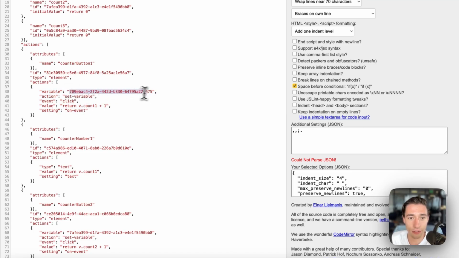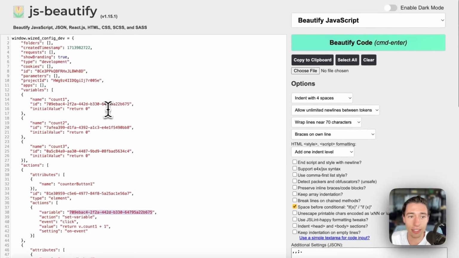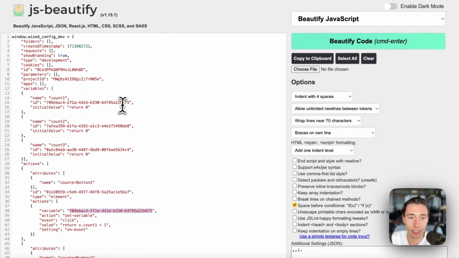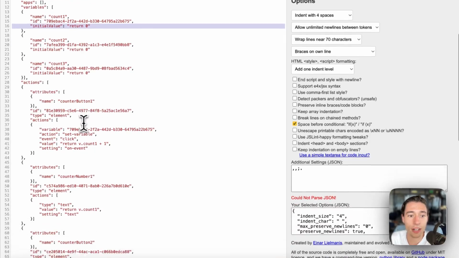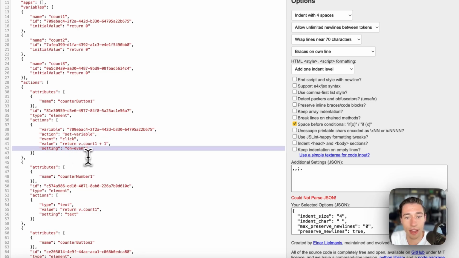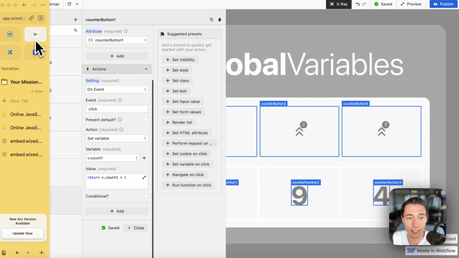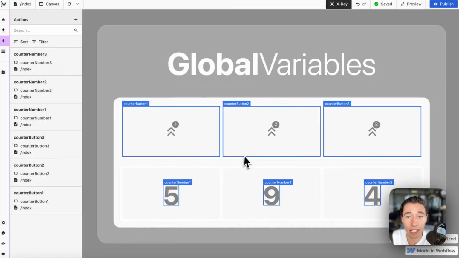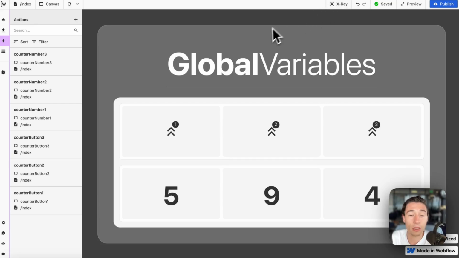I'm going to take the variable with this ID, right? And this ID was specified up here in the count1 with the current value. And then I'm going to go to set variable, click, and I'm going to return this logic in here, and this is on event with a setting. And this is basically how Wized actions work, and a similar principle applies to requests on a more high-level basis,